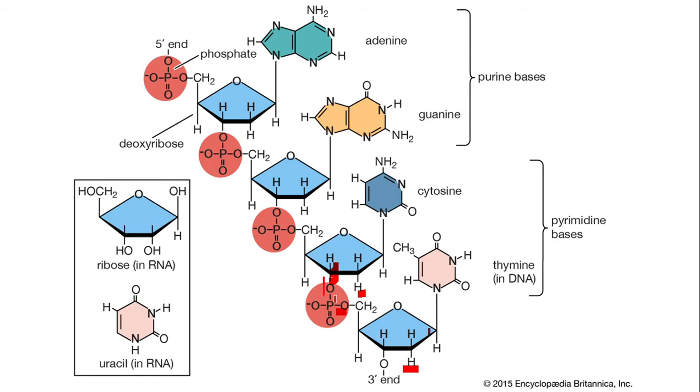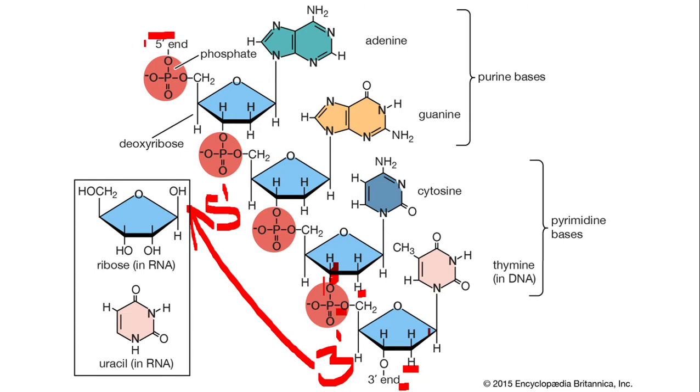And look here, all the sugars have their carbon number 5 in the same direction. We may draw an arrow mark like this. And all the carbon number 5 of all the sugars are directed in that direction, while all the carbon number 3, see, this is the carbon number 3, is oriented in the opposite direction. So we say this is the 5' to 3' direction. Look here, there's a label here. This is the 5' end of this fragment, while this is the 3' end of this fragment, and this is a 5' end of this fragment.